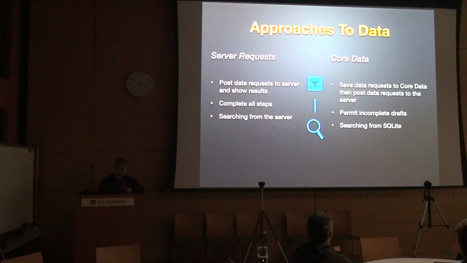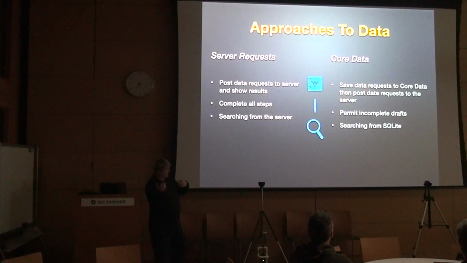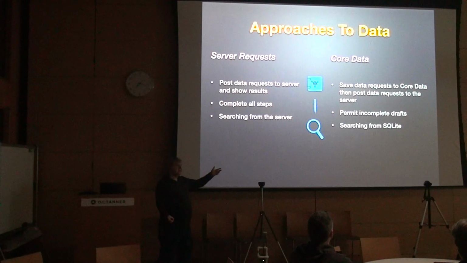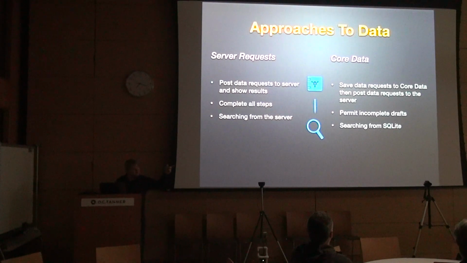And searching. So server requests are, okay, you start typing in a bunch of letters, and then depending upon the delay, have you finished typing or not typing, then we go out and ask the server to give us a result set based on however many letters you typed in, and then you display that. And then if you type some more, you go back with another API, you do it again. So you continue with the APIs back and forth, and that's how you get your results. That's how a server request non-persistent way goes.